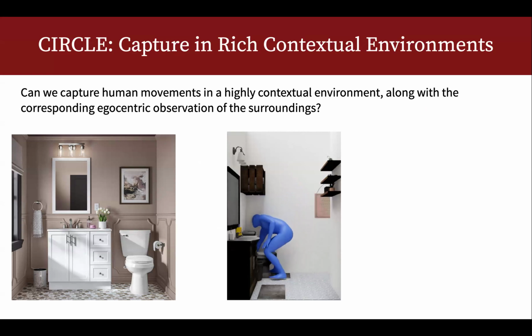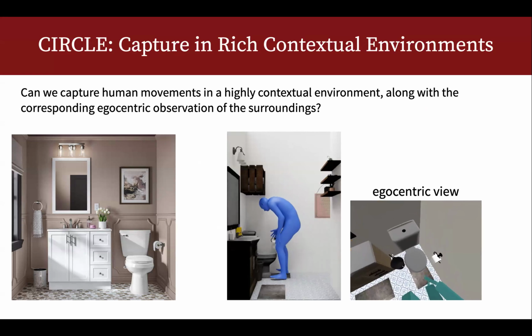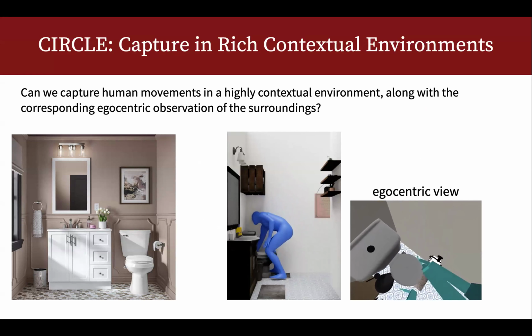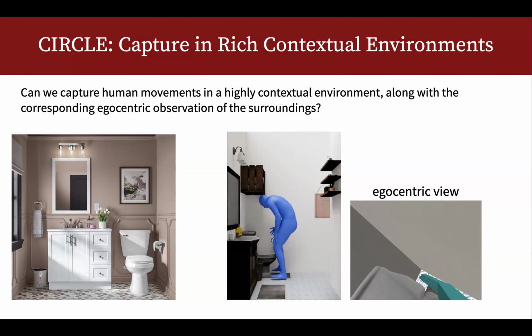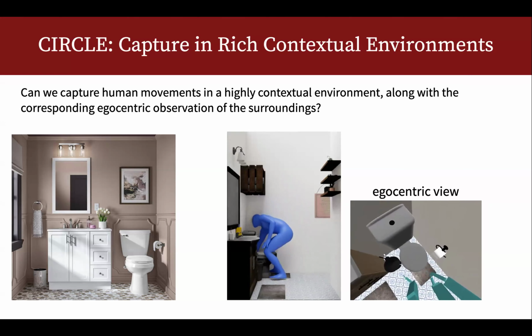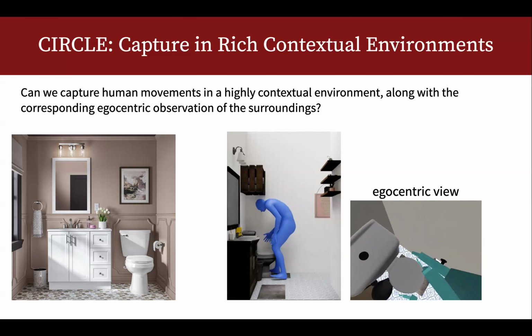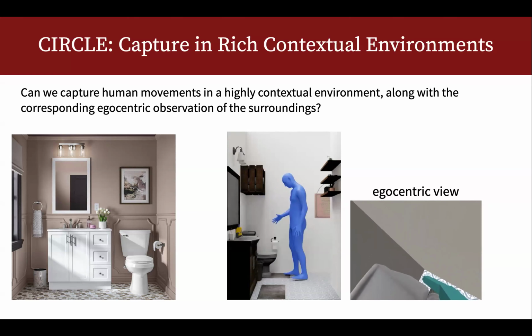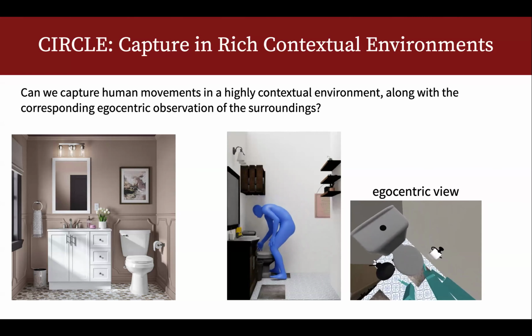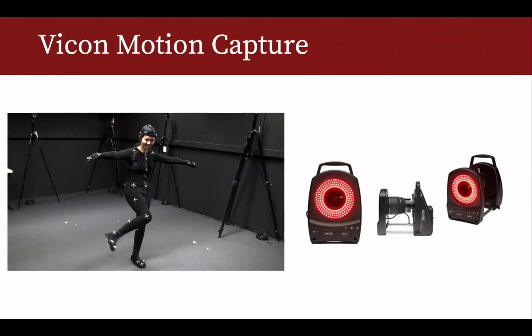For example, if you're picking up something underneath or behind the toilet, in this very cluttered environment, your body is doing something completely non-trivial to be able to reach where it is. And at the same time, we want to get the paired egocentric view of what you're doing. Again, we want to be able to answer the question of why, not just what. Why are you doing this? Because this is the world that you observe. And how do we do that?